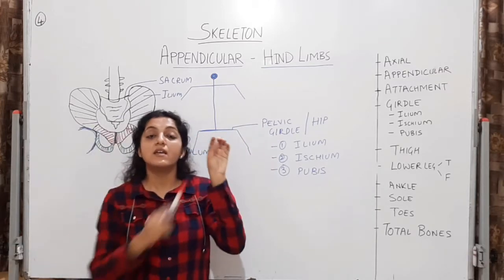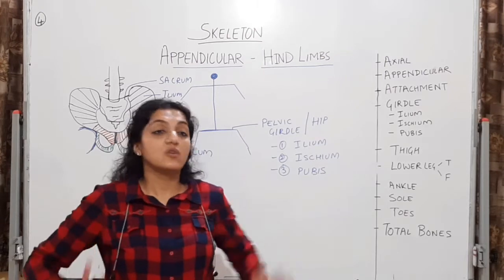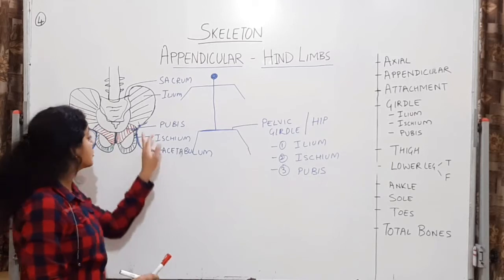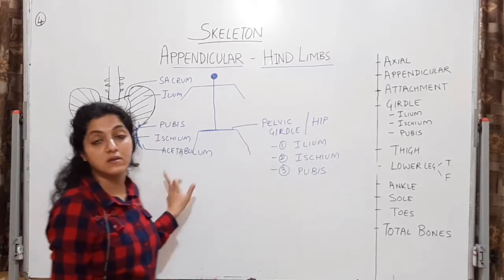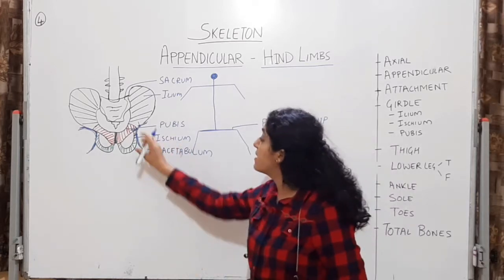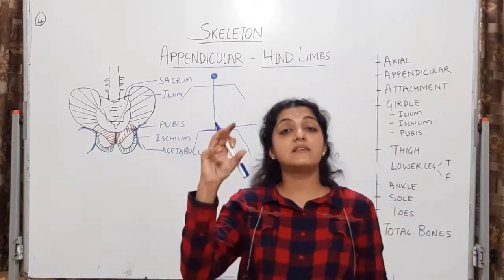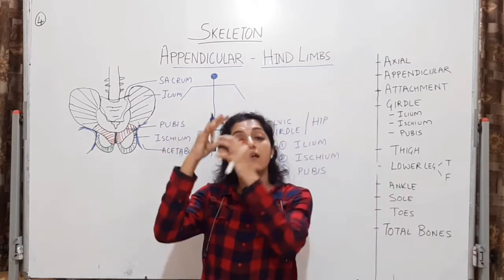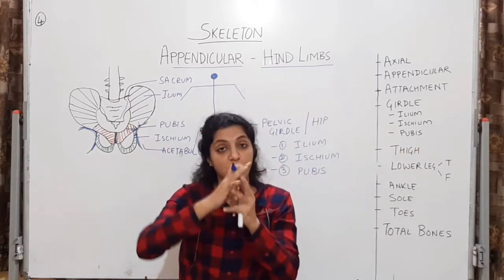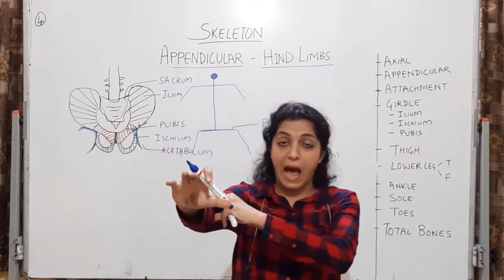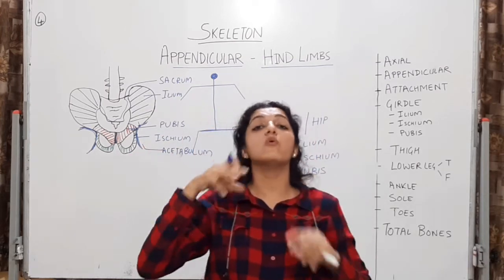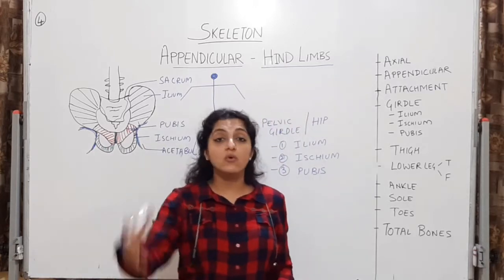Because if you will see, your legs are attached to the hip region. So ये hip region is this portion and यहाँ पे आपका leg attached रहेगा. Your thigh bone is going to be attached over here. So the thigh bone is femur. Femur attached रहेगा acetabulum cavity में. Important MCQ, acetabulum cavity को कौन articulate करता है या कौन attached रहता है? It is the head of the femur here. जैसे scapula की cavity में head of humerus आ रहा था, that is the bone of the upper arm, वैसे ही acetabulum cavity में head of femur आता है, that is the bone of the upper leg or it is the bone of the thigh.